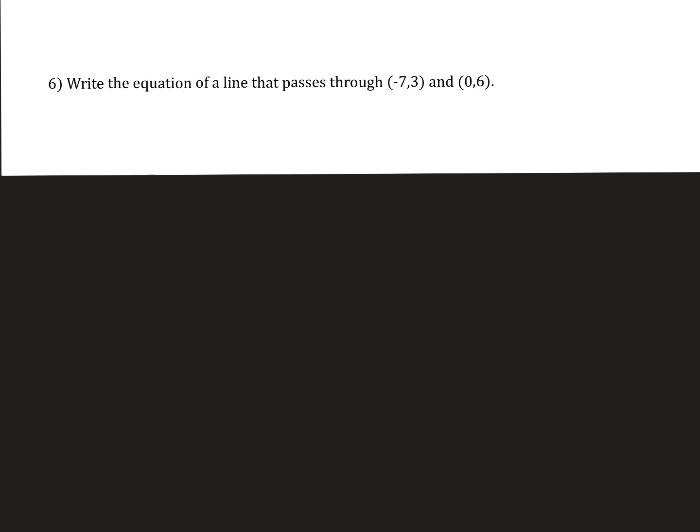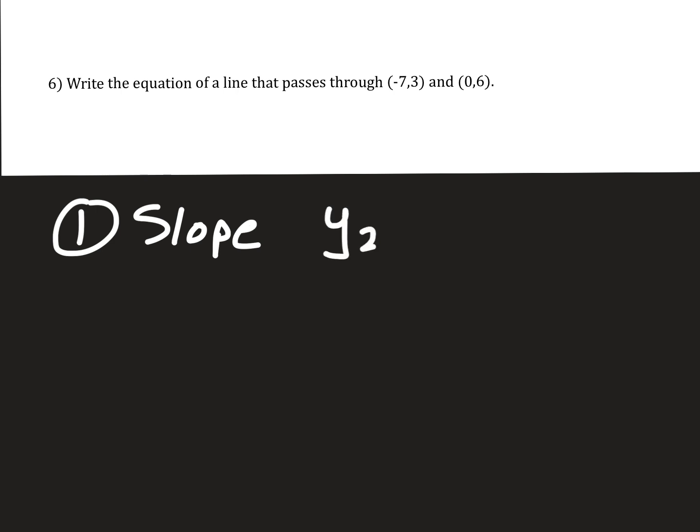Hey mathematicians, so first of all, in order to get an equation in slope-intercept form, the first thing we're going to need to do is find a slope, and that means we need to do y2 minus y1 over x2